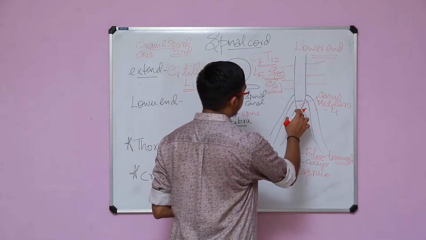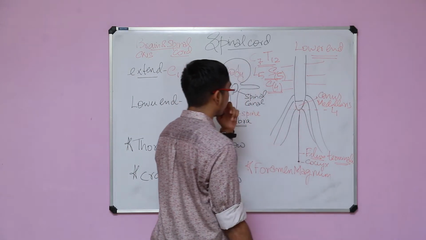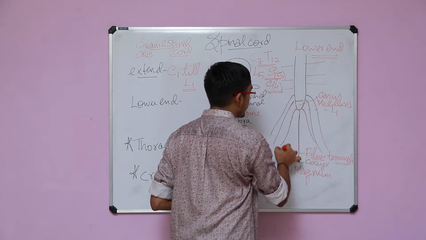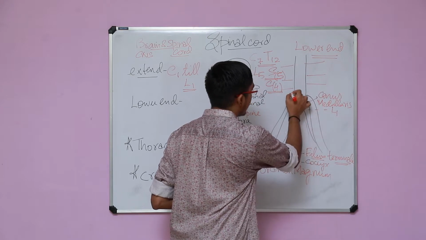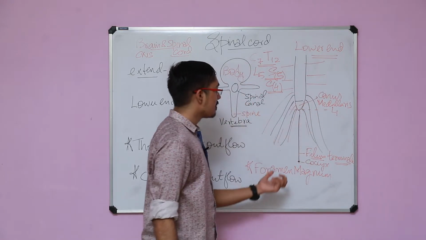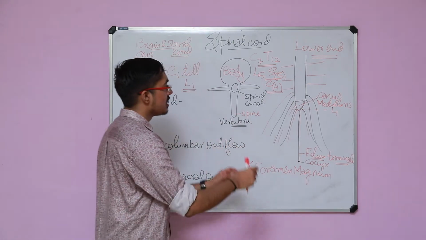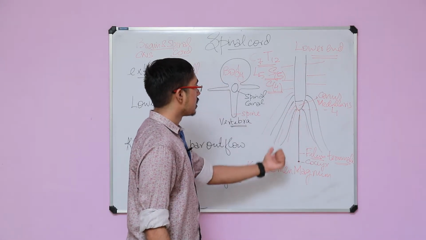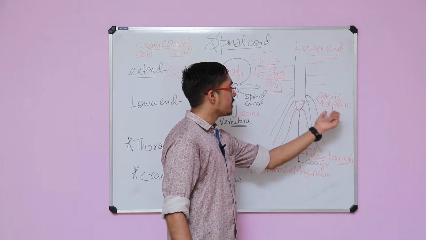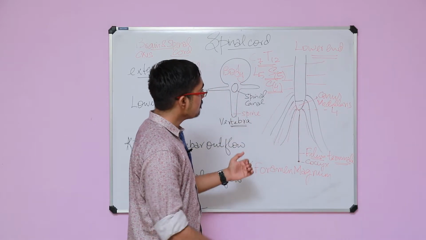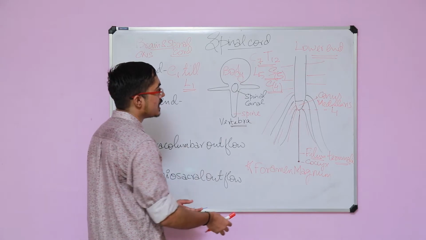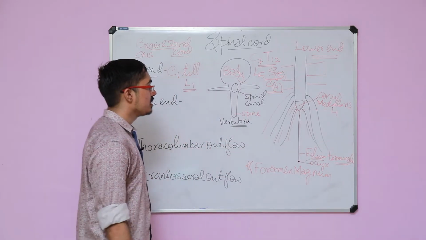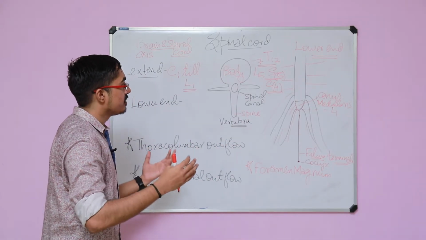And what will happen after this particular spinal cord is ending? What will happen after that? All the rest of the nerves will be forming a mesh of nerves here, isn't it? This mesh of nerves are the rest of the nerves which will go through the vertebral column again, and it will be coming out of the respective vertebral foramen below the ending of the spinal cord. So the point is, the spinal cord is ending at the level of L1, but still there are nerves which come below L1 from the spinal cord. How is that possible? All the nerves are arising at the lower end. It will come down together, and then it will be coming out of the vertebral canal through its respective orifices,